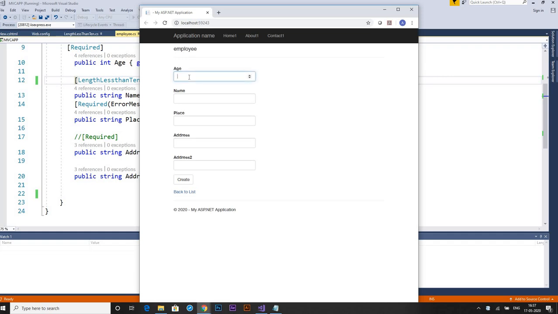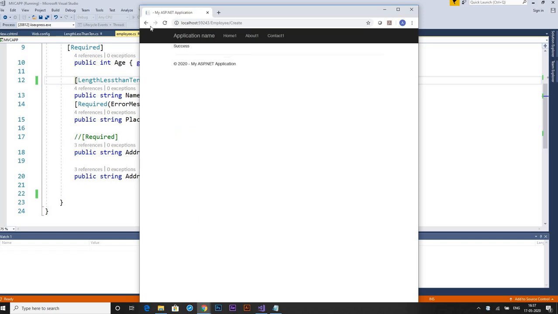And now the place length is less than 10, so it should be valid. So yeah, it went to the next screen.